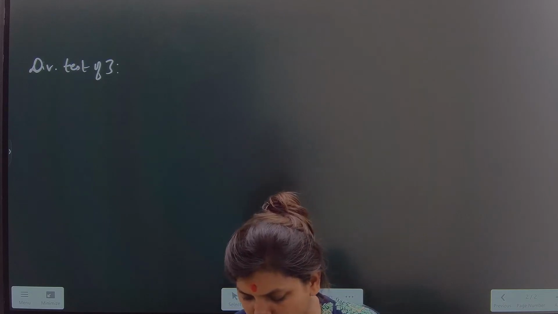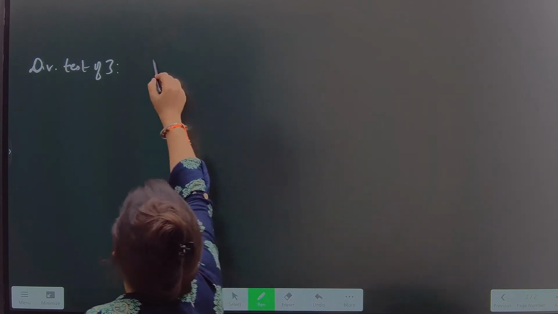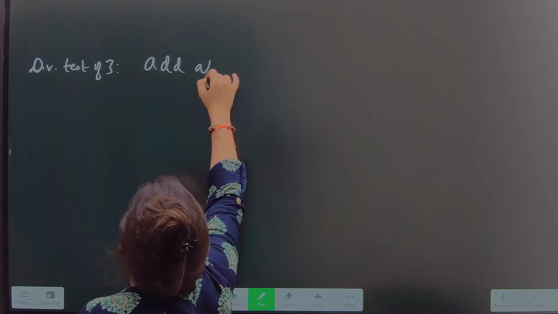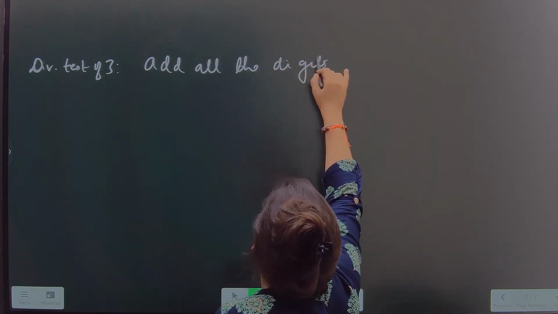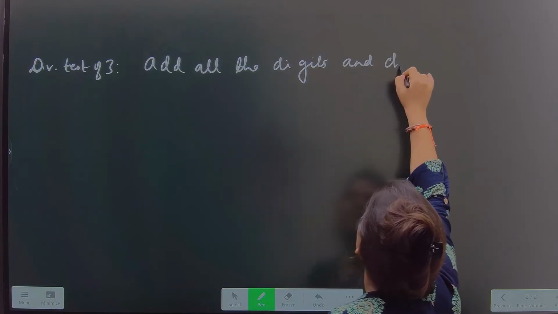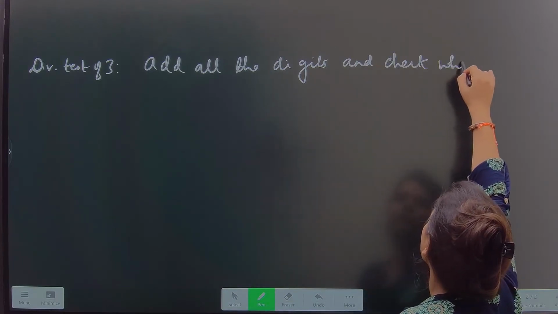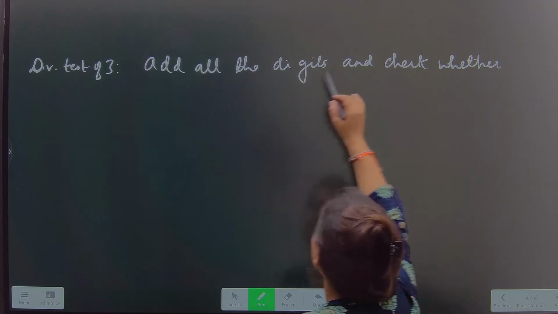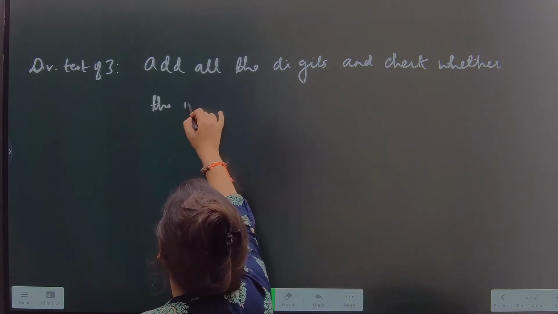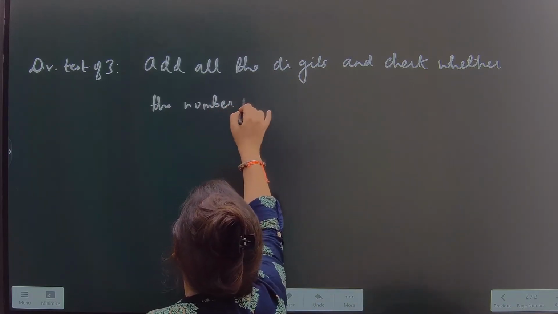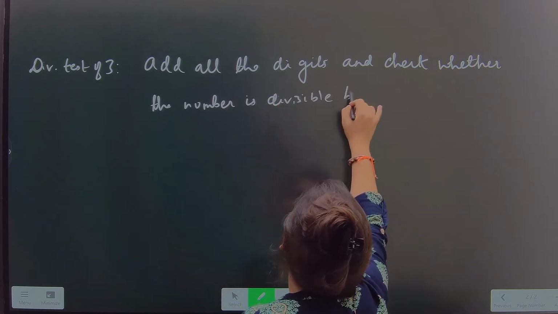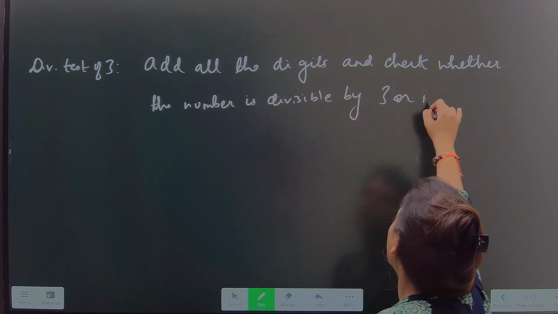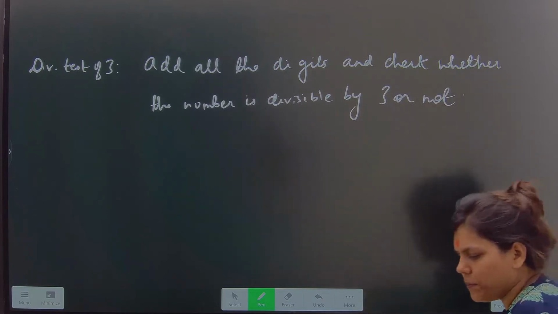You need to add all the digits and check whether the number is divisible by 3 or not. Okay, for example,